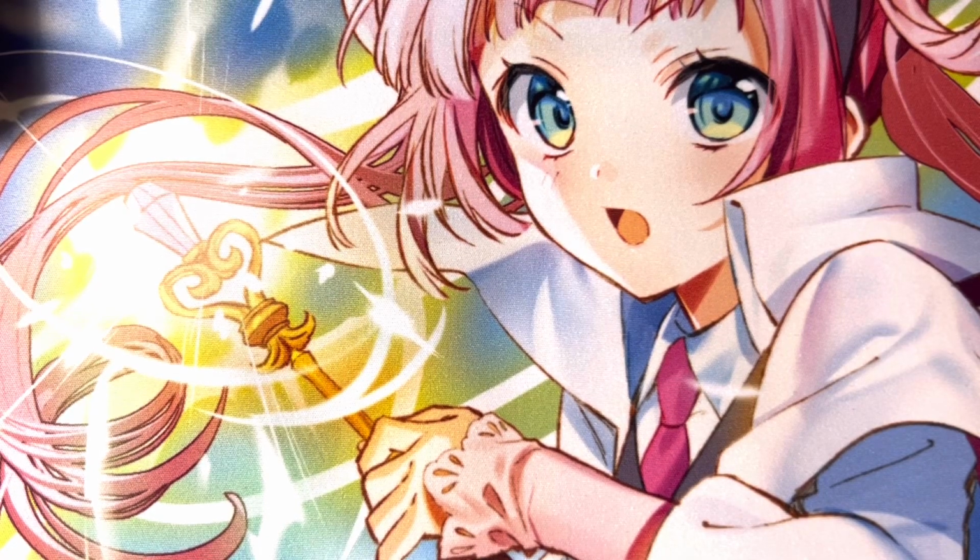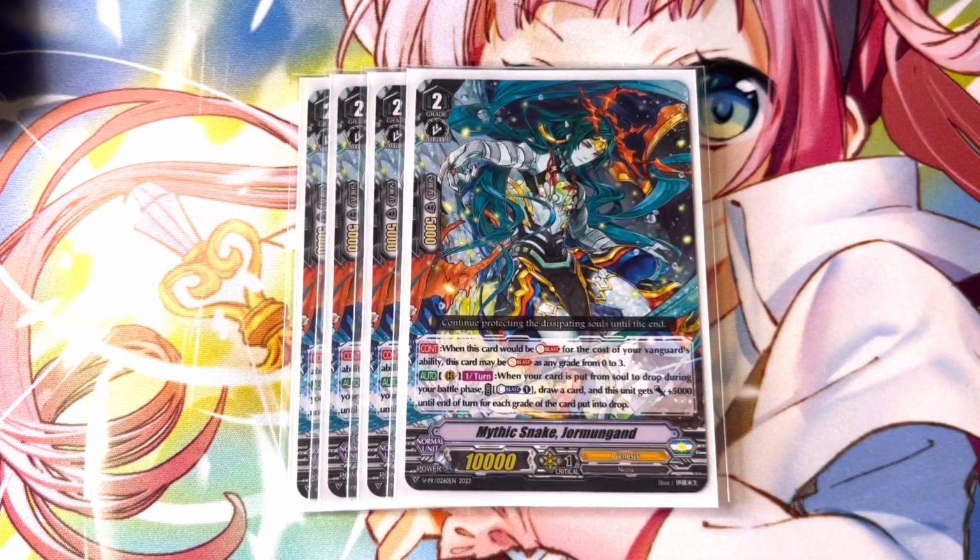Next up here, looking at the new promo card, really the card that changed things up in general in this deck. I just think the deck plays so much better with it overall. Mythic Snake Jurgman, or something like that, I think. Continues when this card would be Soul Blasted for the cost of your Vanguard's ability. You may Soul Blast this cost from, like, it could be a 0 to 3, so this pretty much becomes a grade 3 when you're blasting it out for Yatagarasu, which is super nice, making it so much easier to